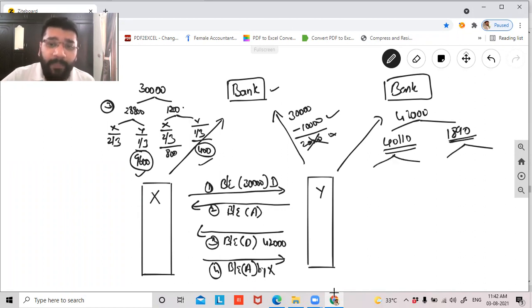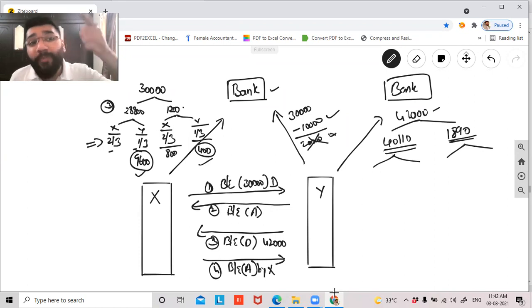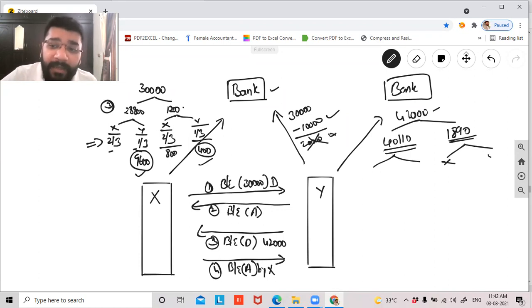Now, guys, always remember that the ratio of 2/3 and 1/3 that you split will continue here. Even though the question is silent as to out of this 42,000 how much X will keep and how much Y will keep, the percentage of sharing is silent. If the percentage of sharing is silent, the sharing that was done between X and Y earlier, the same ratio will continue. So now tell me, guys, of this discounting charge, how much X will take and how much Y will bear?